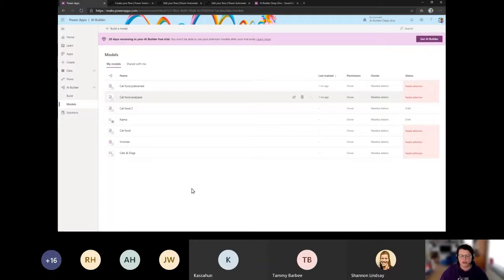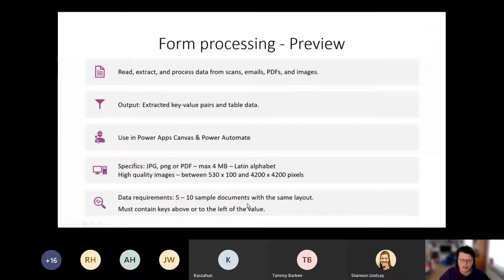I can share something of my personal experience, what I found with this model. I tried it, and at first this model didn't really work for the invoices that I added. But at some point, I think it was when I did a Power BI user group, I saw that they did some improvements.